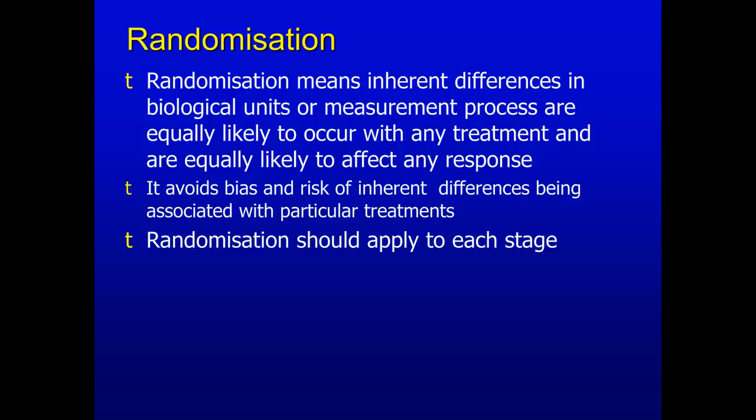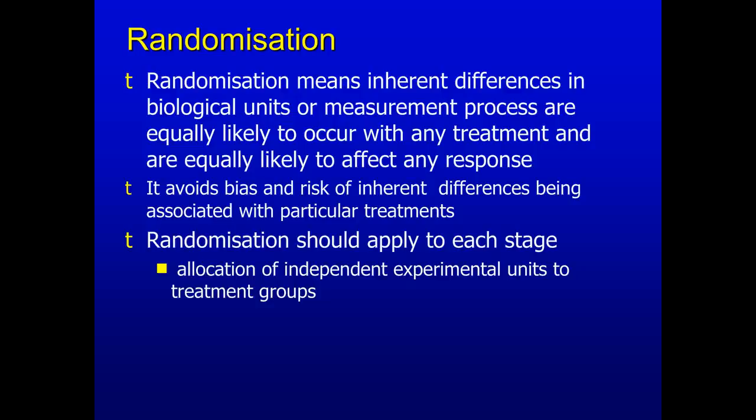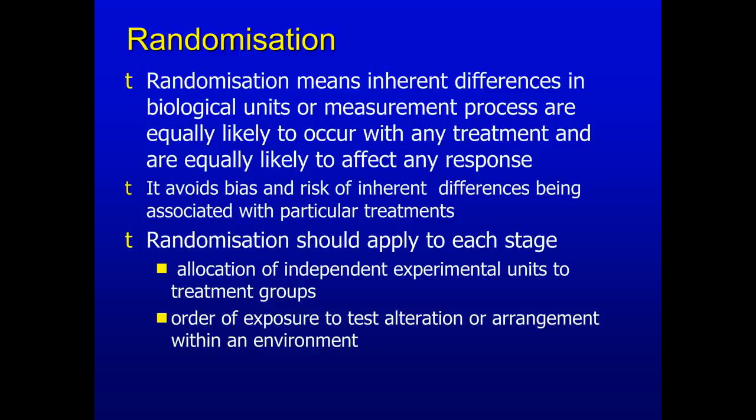Also, you need to think about randomizing at every stage of the experiment, because in allocating the independent experimental units, it's relatively easy to see that there could be biases which happen to go into one group and give a false indication of the response of that group to the experimental changes. But there's also the problem that the observer or manipulator or the person giving injections gets better during the course of an experimental series or gets more tired and worse,